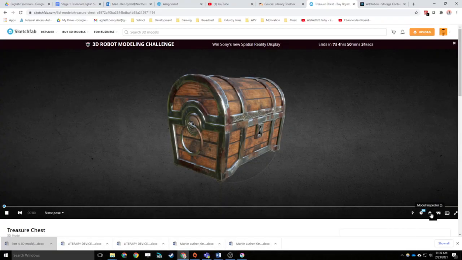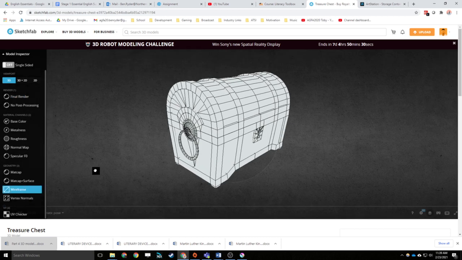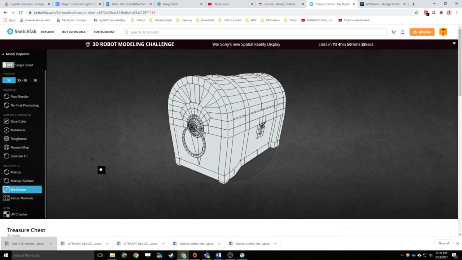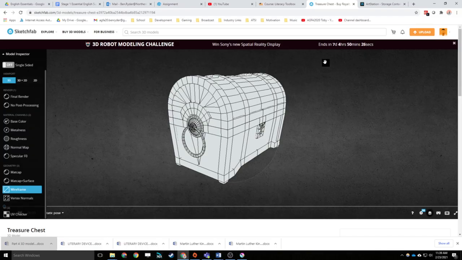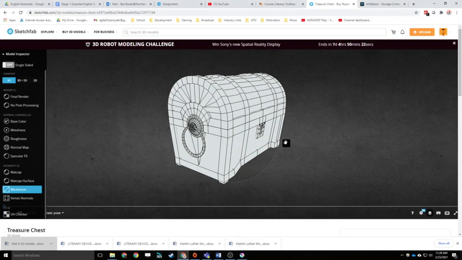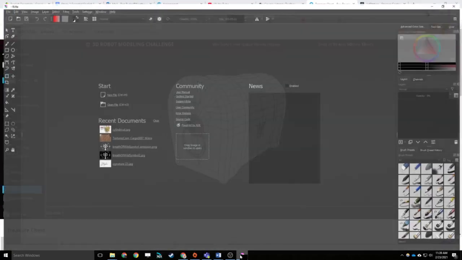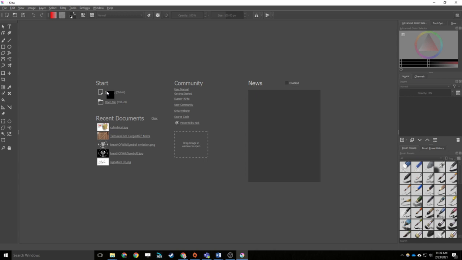So what we're going to do first is actually go to the model inspector and go to wireframe here. This will give me a few hints as to how they've put this together. I'm going to press print screen, copy this. So when I went there, instead of saving it, I just went here to copy. And then into Krita